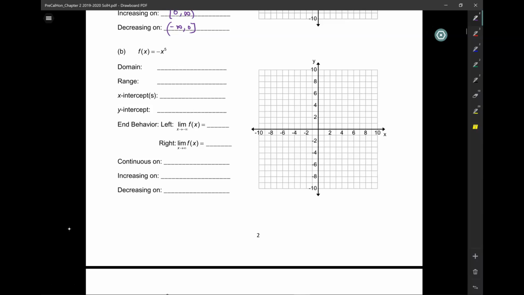So in this case, it's an odd function. So one end will go to positive infinity, one to negative. Okay, so 0, 0 here is the center. So for the positive x values, if I go over 1, how much do I go up? Negative 1. I go down negative 1. If I go over 2, how much do I go down? Negative 32, right? So again, it's going to be very narrow. Now it's going to be symmetric on this side. So if I go left 1, I'm supposed to go up 1, and then,